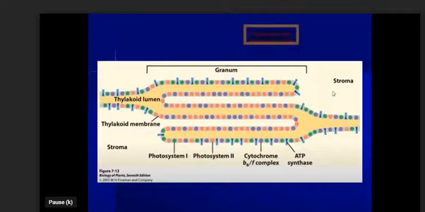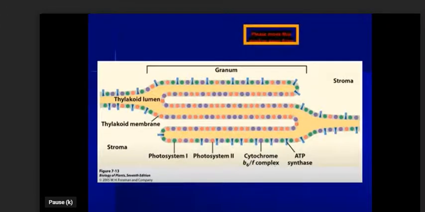And at one end and the other end of this granum, there is a presence of stroma. In the granum, there is photosystem first, photosystem second, and also the cytochrome B6 and F complex. This is called an electron carrier. Electron carrier means that for the conversion of light energy into chemical energy, there is a need of a carrier, and this carrier is present in the thylakoid membrane.